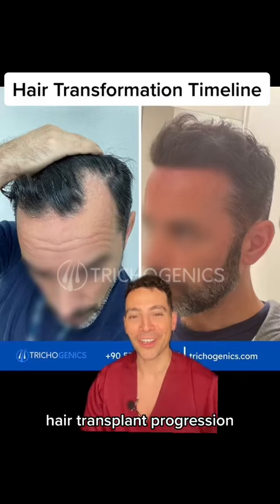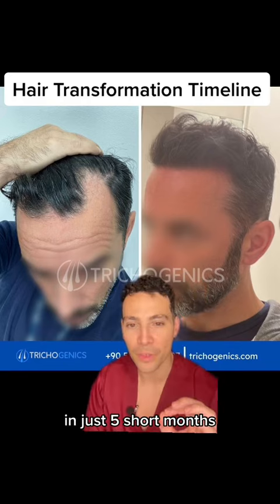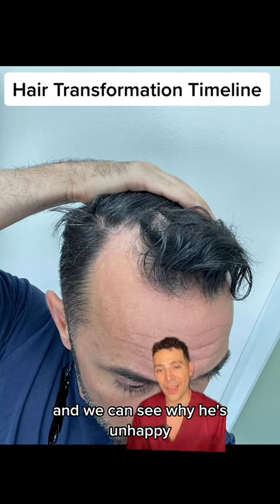Hair transplant progression. I'm going to show you how I took my patient from this to this in just 5 short months. Let's check it out. So this is a photo of our patient just pre-operatively, and we can see why he's unhappy because of those